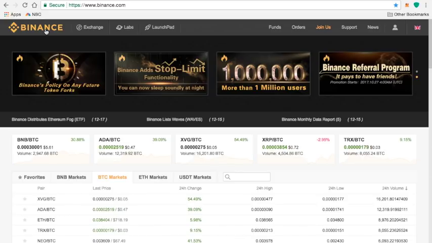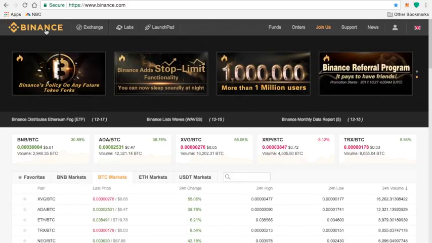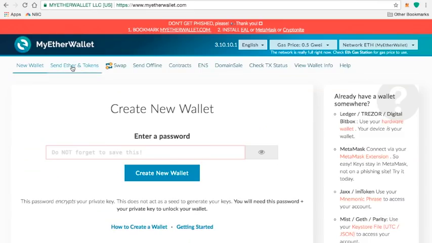I love Binance. I love all the exchange companies. I love Coinbase. However, I love my money more. And I want control of my money, my currency, my stuff. So, what you do now is you go to